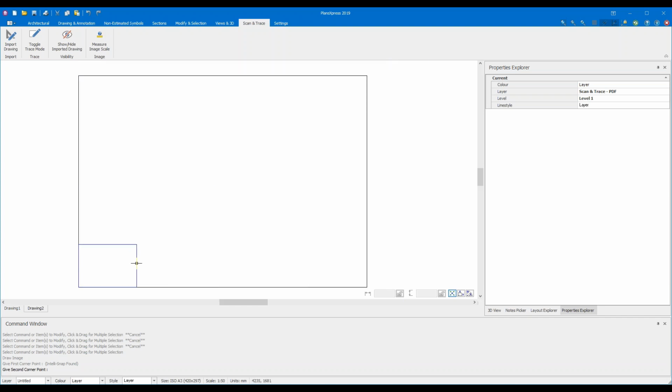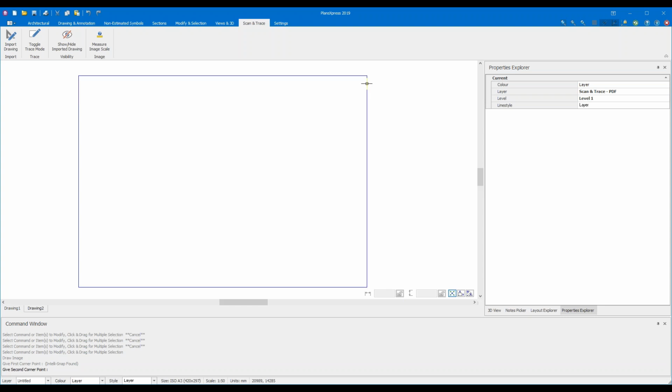So one click places the first corner, and then if you look at the command window again, it's now saying to click to place the second corner point. You can see as I move my cursor, it's changing the size and the position of the PDF. So again, if you're using the full version, what you want to do is try and match the PDF, which is the blue outline, with the page border as much as you can. If you're using the takeoff version, just move your mouse up and to the right and place the second corner of the PDF